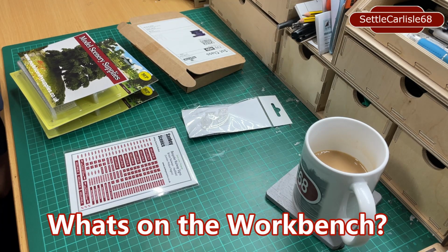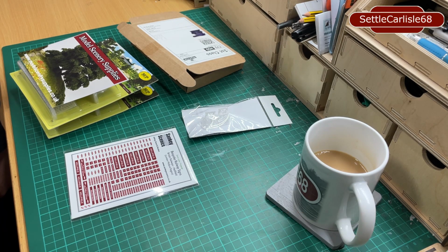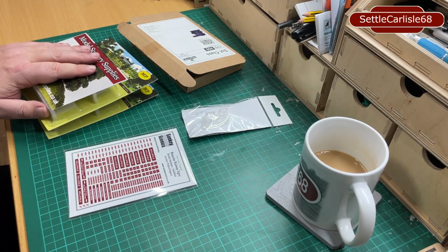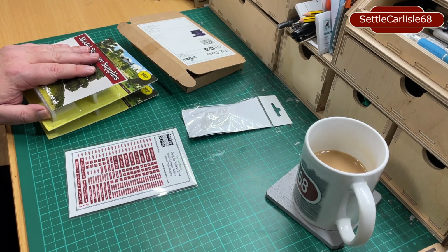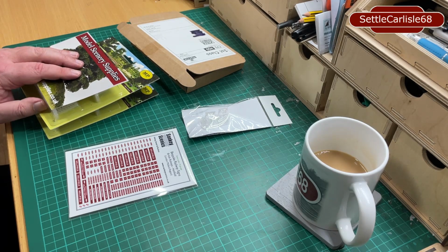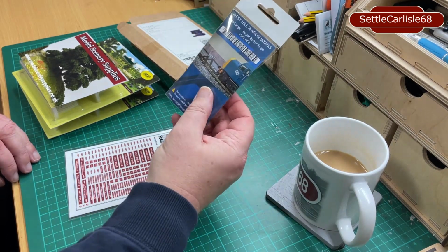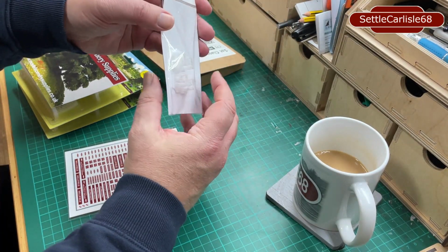Okay, so a little bit different on what's on the workbench in this video. I've got things on the workbench, but I'm not actually modelling anything at this moment in time. I just thought I'd share with you a few of the purchases, and the reason why I've gone with these. So the first item I'd like to share is